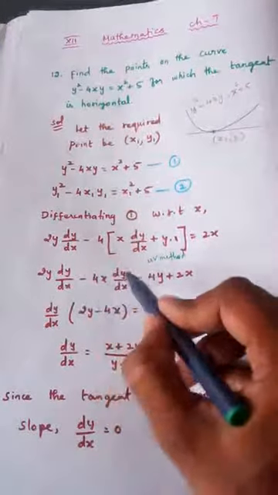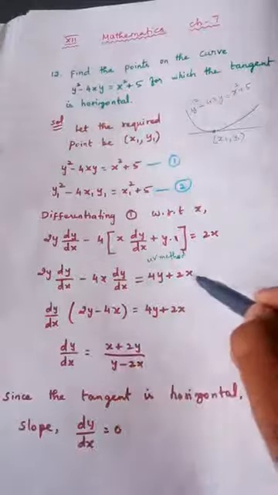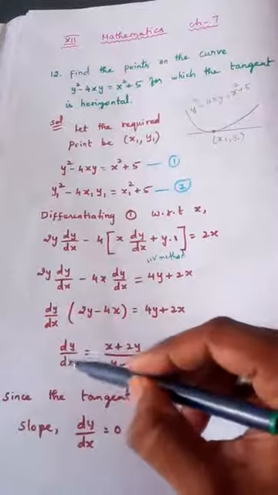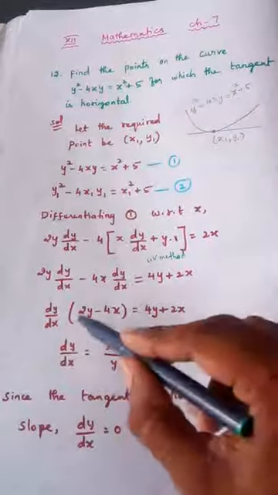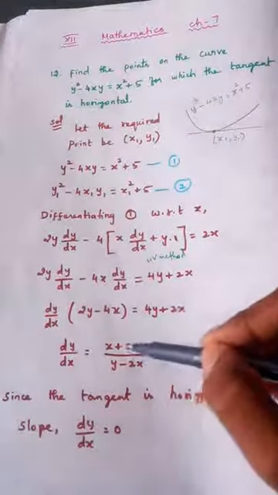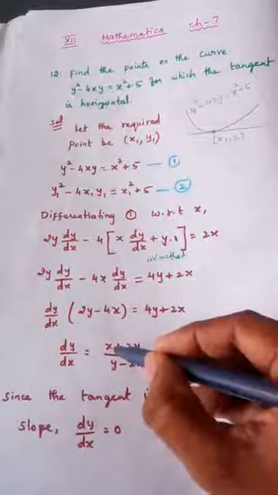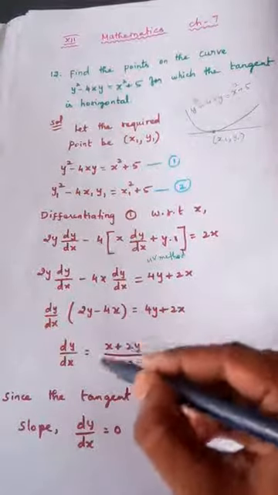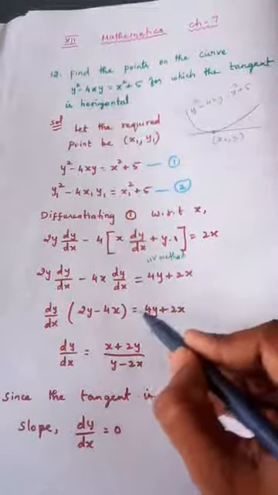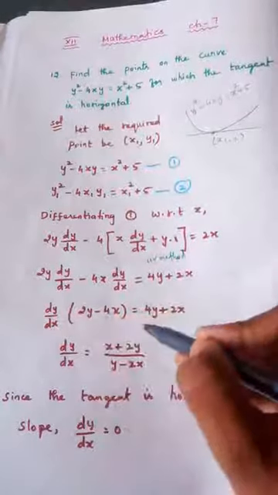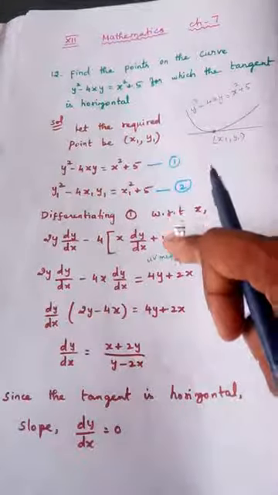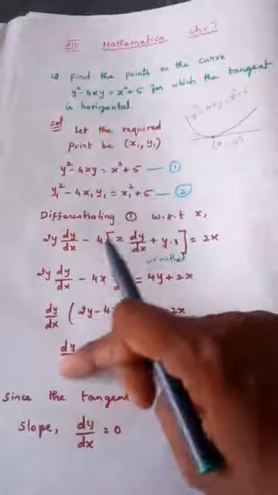So taking dy by dx common from this, the remaining is this. Again right hand side, writing as it is. So dy by dx is what we wanted to find. So take this term to the other side. So finally we got one answer for dy by dx. Sir, here it is 2x, we are having x. Don't ask like that. We are taking 2 as common and cancelling it. So after cancelling 2, take 2 common from this and 2 common from this. Cancel those two 2's. The remaining I have written here. So after differentiating and simplifying, we are finding out the value for dy by dx.